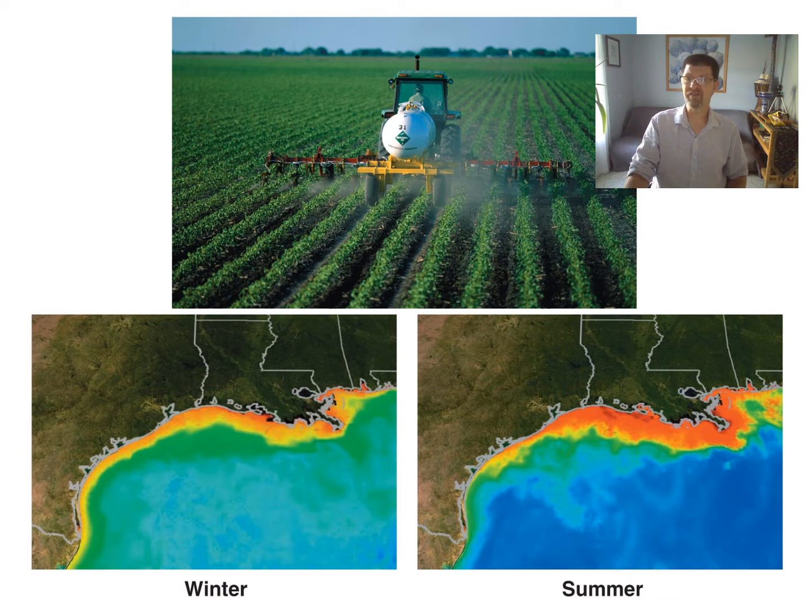Here we have a good example of that big problem. This is spreading chemical fertilizers into crop fields. And these crop fields are all throughout the Mississippi River watershed. And then the Mississippi River flows right down this way, and it flows right out on that delta right there. And what you can see is that during the winter,